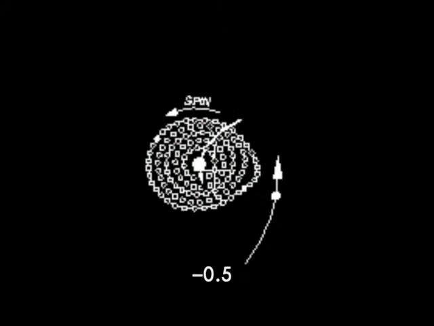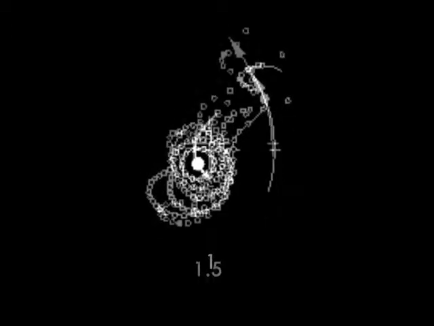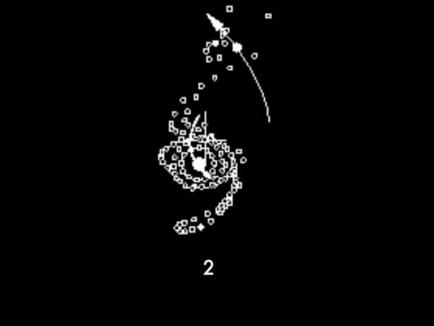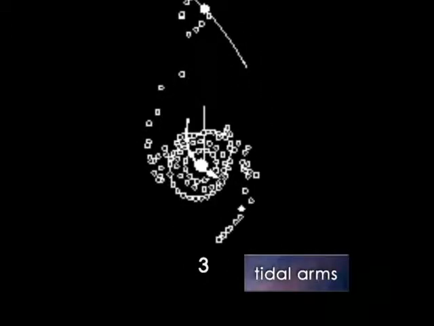As the small galaxy passes the larger one, its gravity affects the orbits of the stars, and they no longer travel on nice, neat circles, but move out in larger arcs. And when you look at the whole collection, the pattern makes two huge, pretty spiral arms that astronomers call tidal arms, because their formation is similar to the way the moon's gravity raises tides on the Earth's oceans.